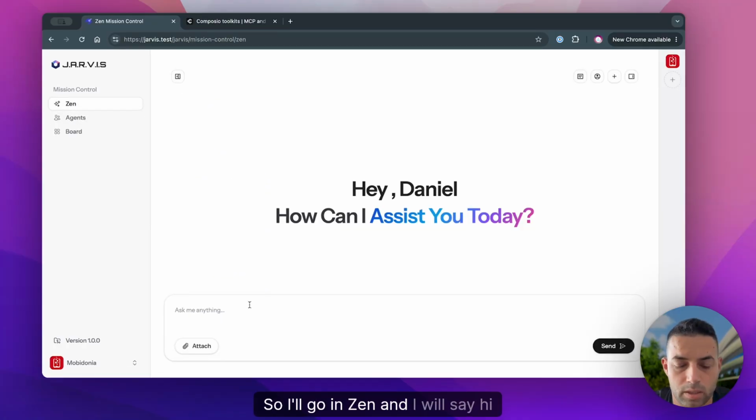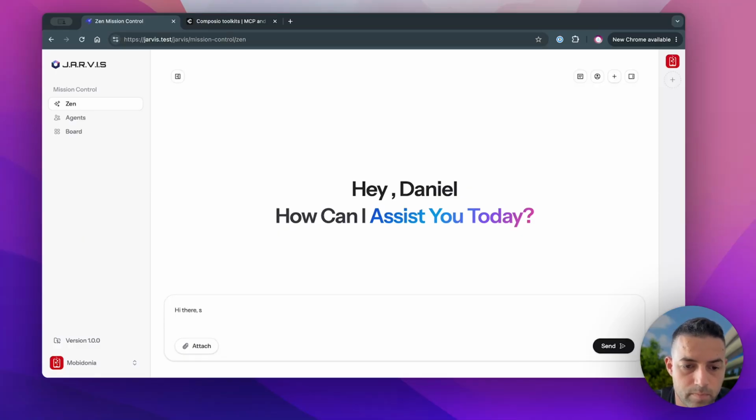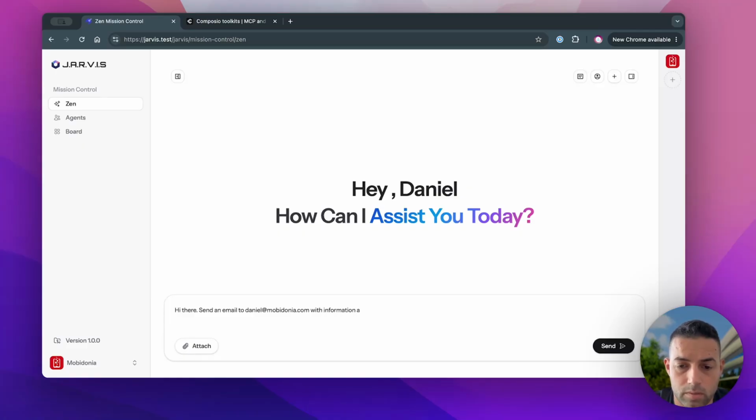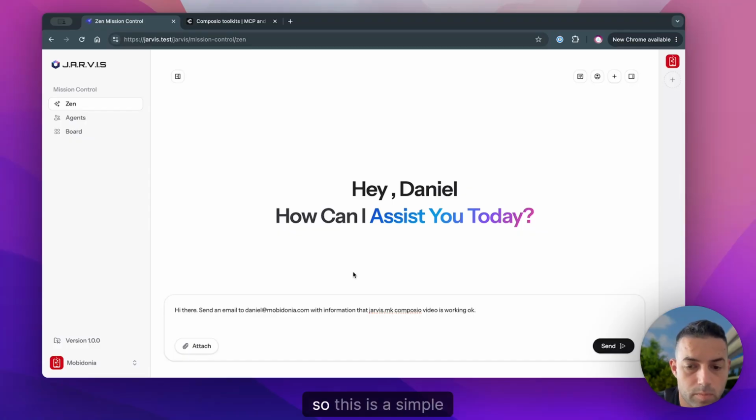So I'll go in Zen and I will say hi there, I want to send an email to Daniel at movidonia.com with the subject, I don't need to be precise, with information about that Jarvis MK Composio video is working. Okay, so this is a simple